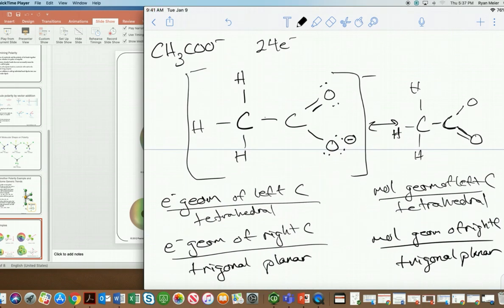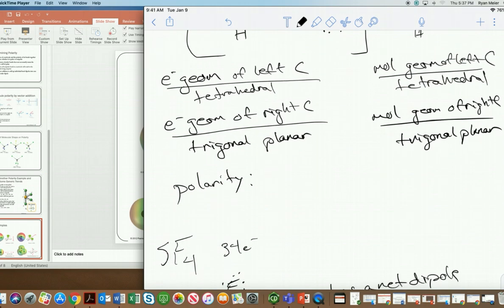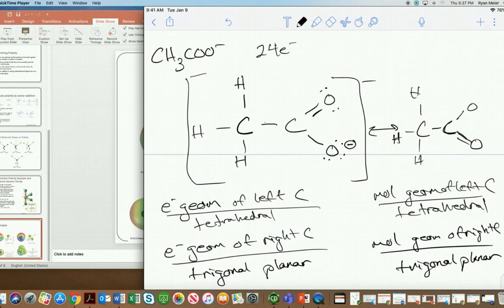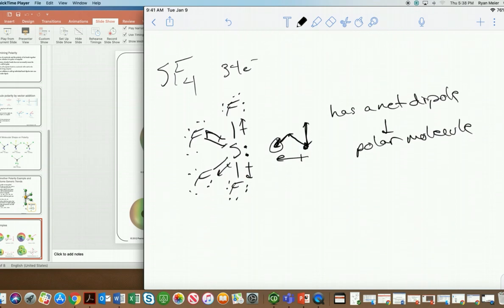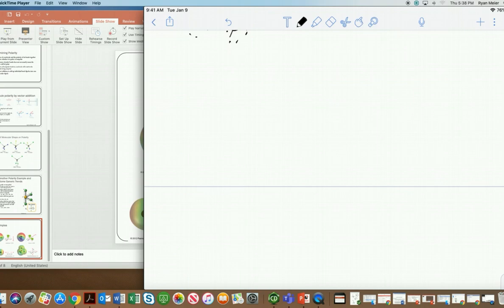All right then, last example, we'll take a look at our acetate. For acetate, I actually didn't draw a VSEPR sketch on this guy, so this will be a good chance for me to do that. Let me scroll down some. I'm just going to scroll down below everything here. So for acetate,